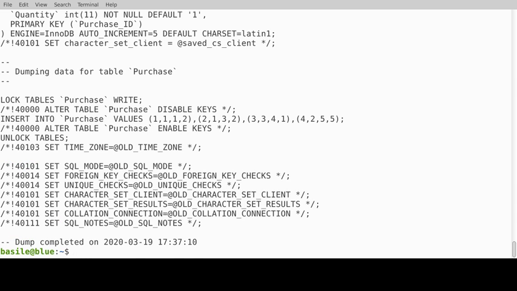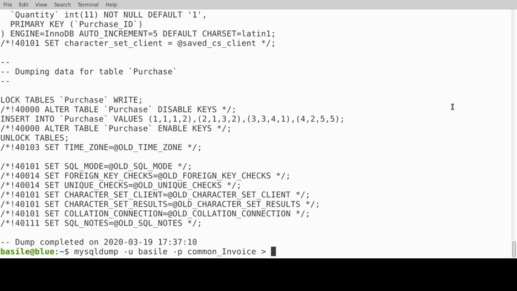What scrolled by was the entire database. And you go, well, that's kind of awful. How am I going to get that into a file? The answer is you use this symbol right there. The other one, I'll remind you of the syntax in a minute, was the less than symbol. This one's a greater than. This one basically says, take all the output that's going to come out of this mysqldump and feed it into a